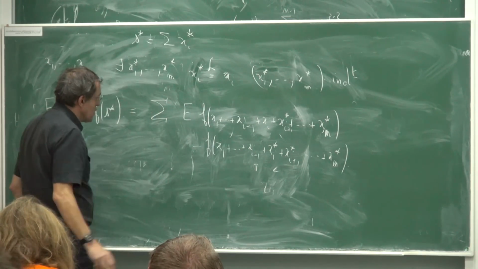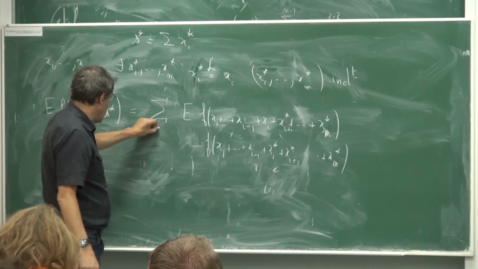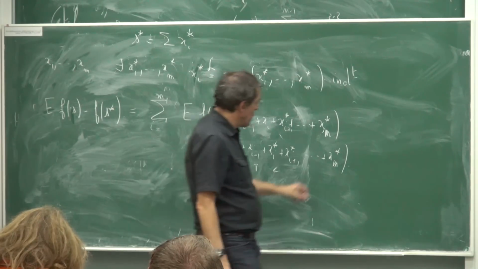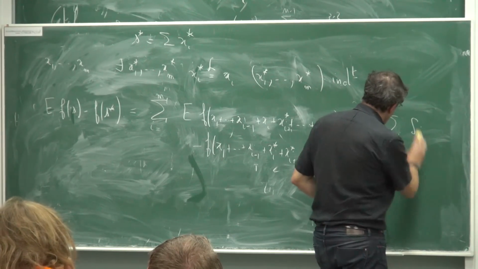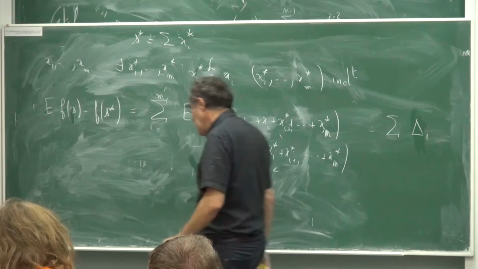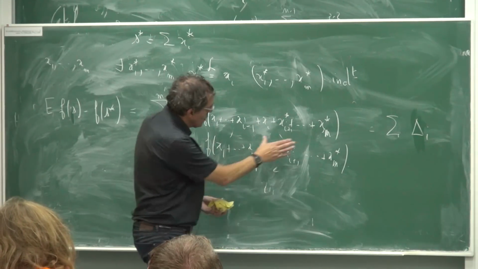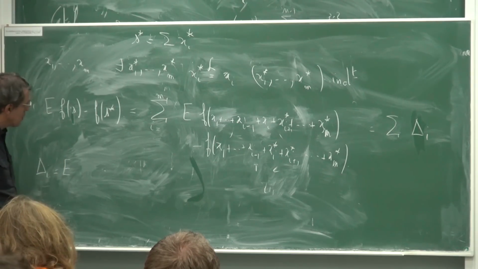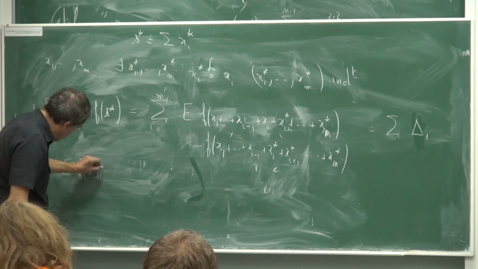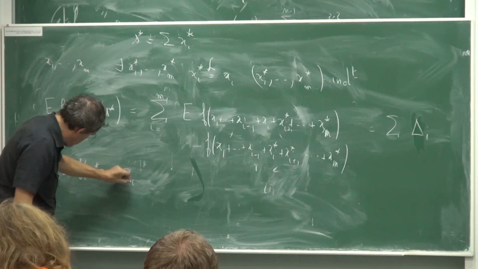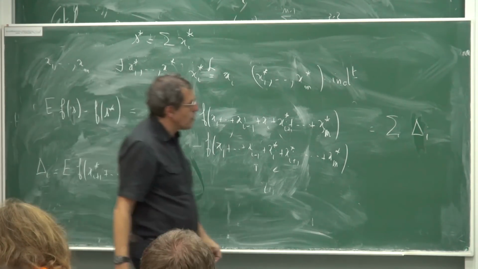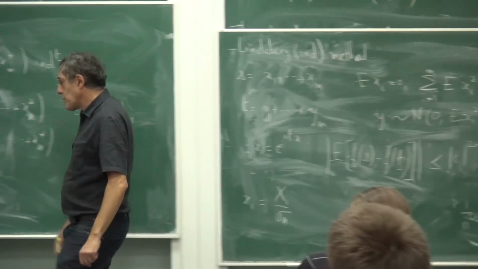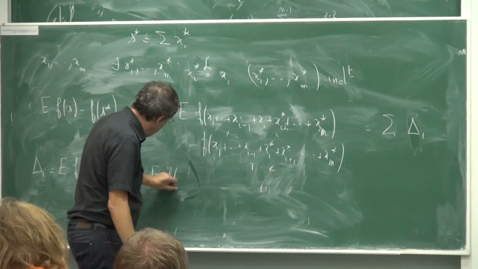So what is this term? So i may come from 1 to m, something like that, with some conventions. And so this is written like a sum of deltas. No, delta is not a good idea. Delta big. And in delta, all these vectors are independent. So in this case, delta i, from independence, is just E of f of (x e plus 1 ... xe ... xm star). This is because of the multiplicative property of the exponential. So there is independence of this, so you can do it like E of f of